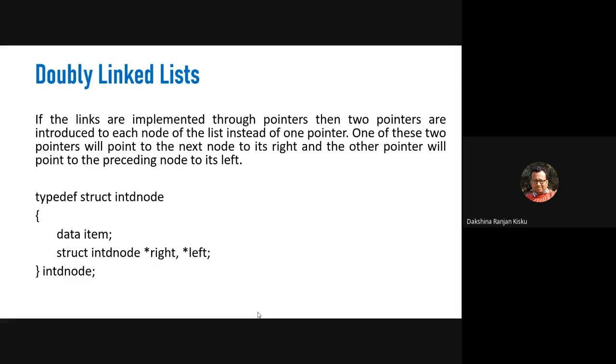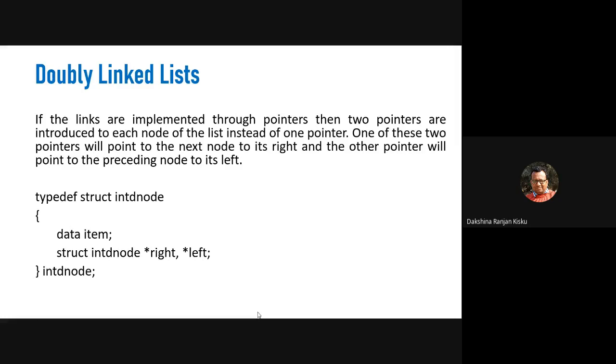Now we will move on to doubly linked list. Whatever operations we have talked about in the last few classes were on singly linked list, where only one link part is there. For each node, there is only one link part, which is called the forward link part. If we consider both the operations, insertion and deletion, on a single linked list, before we insert a new node or delete some node from the single linked list, what do we need to do?